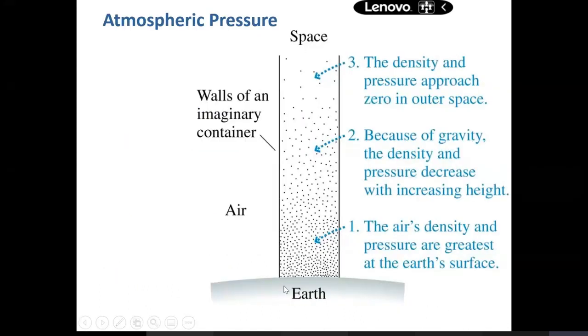So look at this diagram. Let's say this is the Earth's surface, or sea level. As the height increases, pressure decreases with altitude. It is due to the density at the higher location, near space. The density here is almost zero, and therefore the pressure is zero. But near the surface of the Earth, the air density is high, and the pressure here is